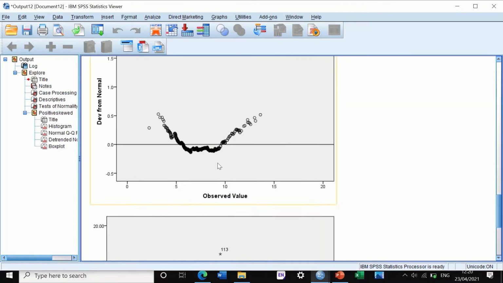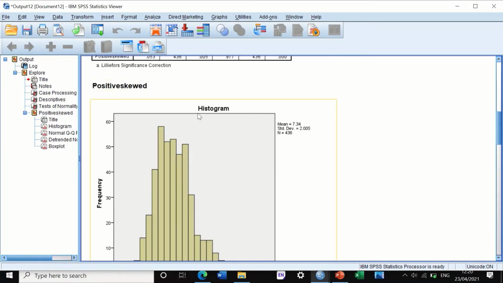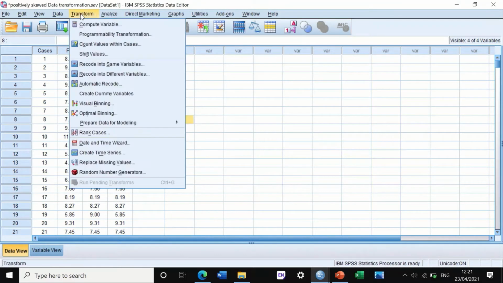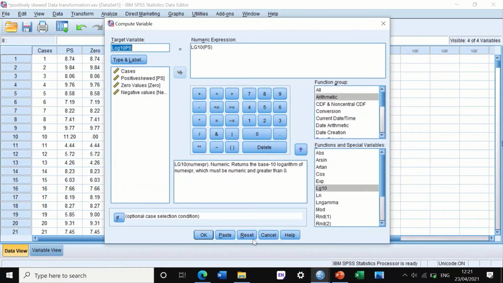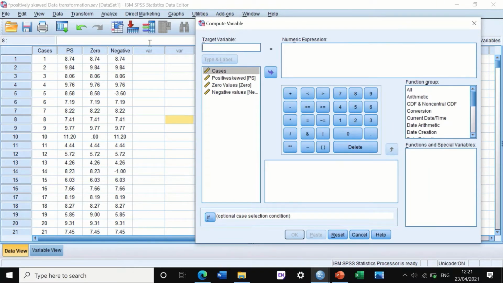And so the next phase is, again, with this data, it is not possible to move ahead and do a parametric test. We need to transform the data, and we will transform the data using the log10. To do that, you click on Transform, then click Compute Variable, reset this. So SPSS will generate a new column. It has a variable in it, and that variable is based on computation. So we're going to name that column